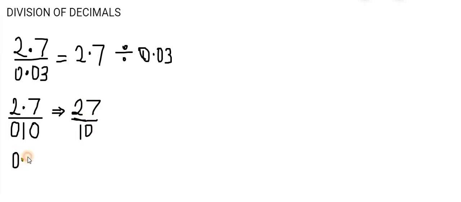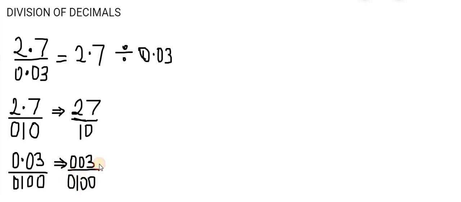and 0.03, the point below the line represents 1, numbers either side of the point represent zeros below the line, so I go on to drop the point, and that's 003 over 100, which is basically 3 over 100. Okay, so I take that and say that's just 27 over 10